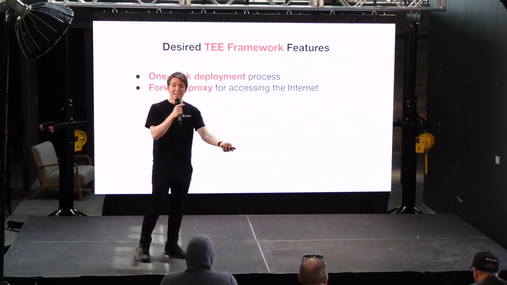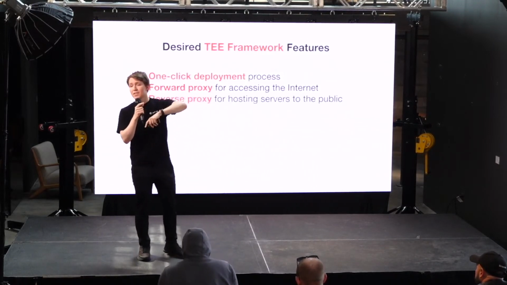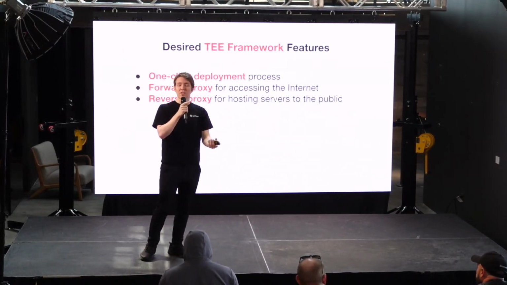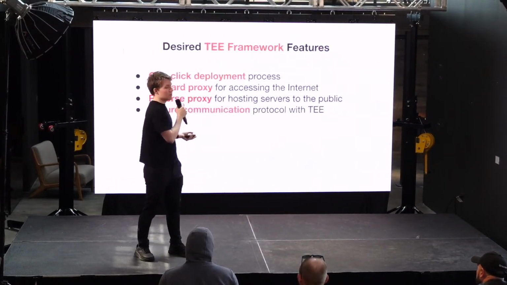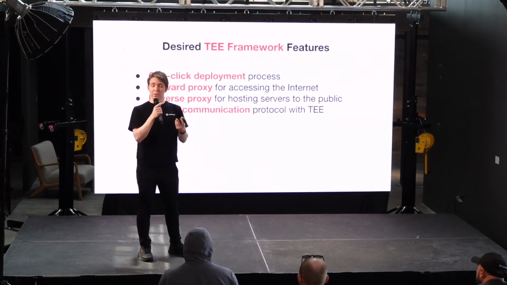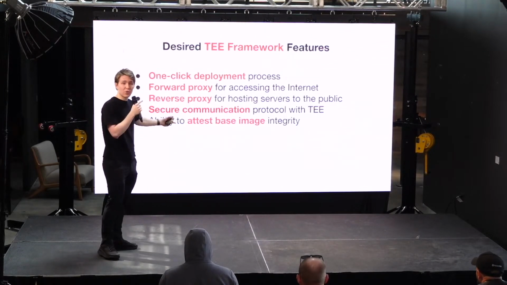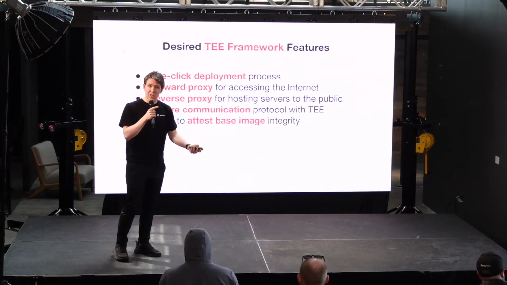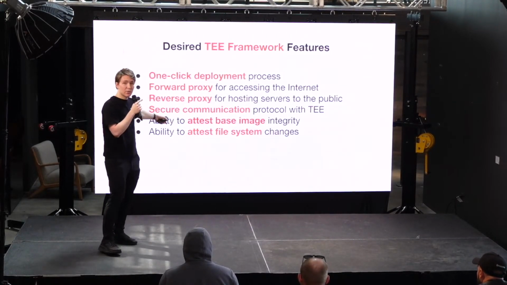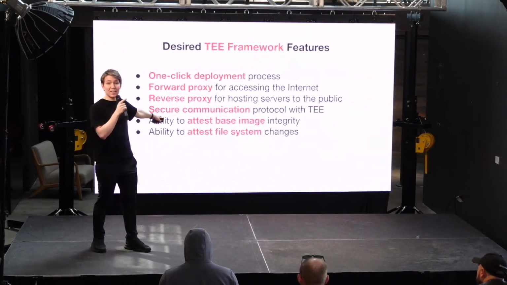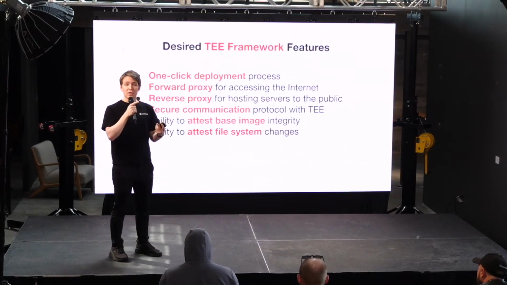There needs to be a forward proxy for you to make sure your application can access the internet, and a reverse proxy to make sure that if your application is a service, external parties are able to talk to it. More than a limited secure communication between the enclave and the host, and all the fun stuff that follows. The way for you to prove that exactly what's running inside is what you expect, to make sure that what the application is doing is what you expect. Also, those are two different points, right? You want to make sure the app is correct, and you want to make sure that what the app does is correct as it's processing requests, if it's a service that harnesses and processes and filters a lot of data.